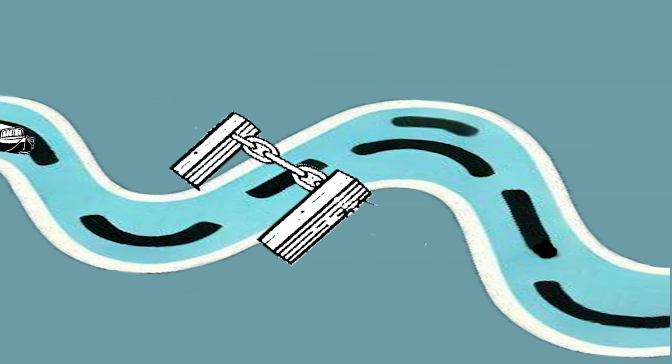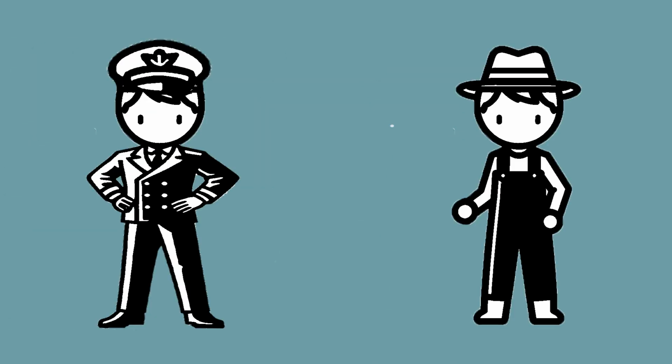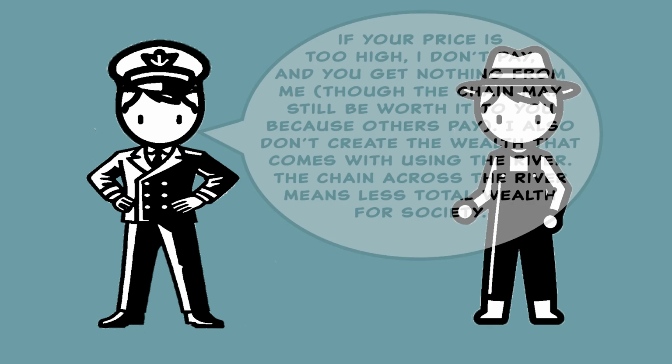But the other problem of monopoly is lost economic activity. So some ships are going to pay the property owner the price of passage, but that price is going to be too high for others. And so that is economic activity that simply doesn't happen. And that is sometimes referred to as the deadweight cost of monopoly. It is wealth that simply does not exist because of the existence of the monopoly, or in this case, of the rents collected by the property owner with a chain.